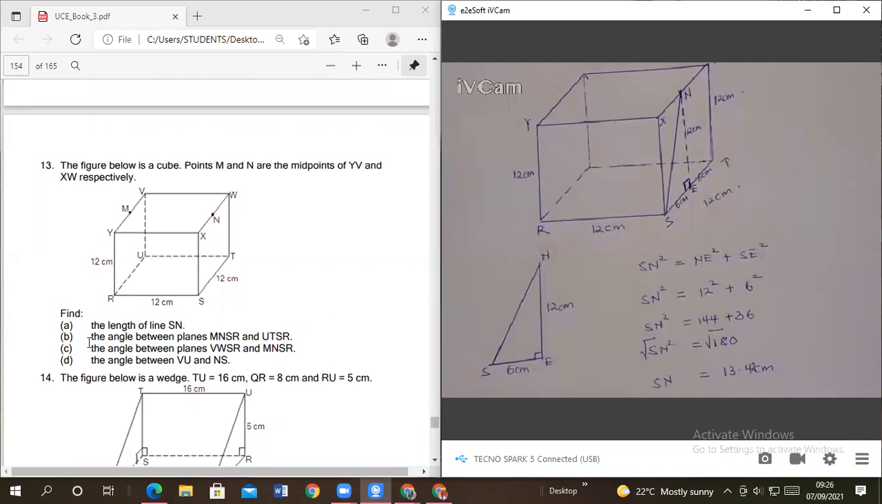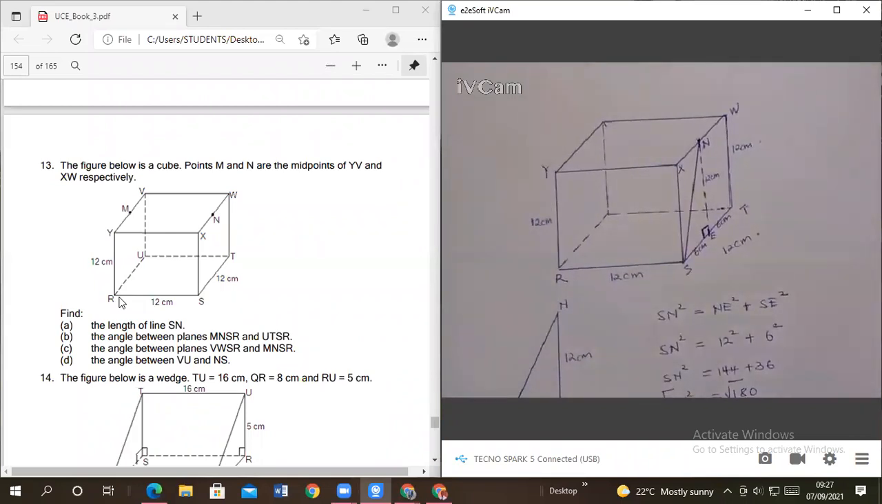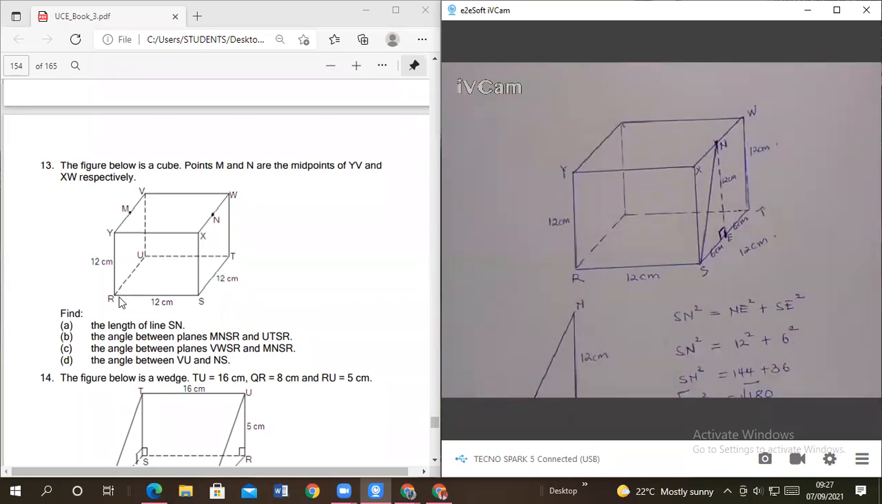Okay, let us look at part B. Find the angle between planes MNSR and UTSR. So now we are going to use the same diagram here, and we are going to draw the plane. First of all, we are going to draw the plane